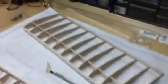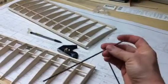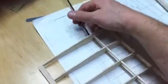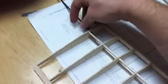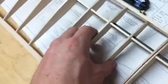We've also put in the carbon fiber rods, and what we've decided to do is use 7.5 inches, I believe is what the measurement was, and basically we're going to have two. See if I can do this with one hand here. So basically you have one here, and then you've got this other one here that goes in. This is kind of tricky to do, basically because you've got some dihedral in the wing,